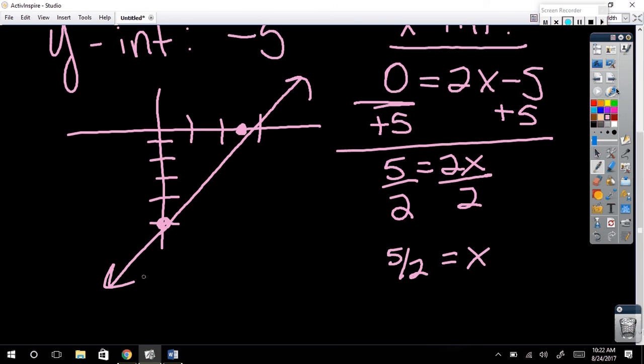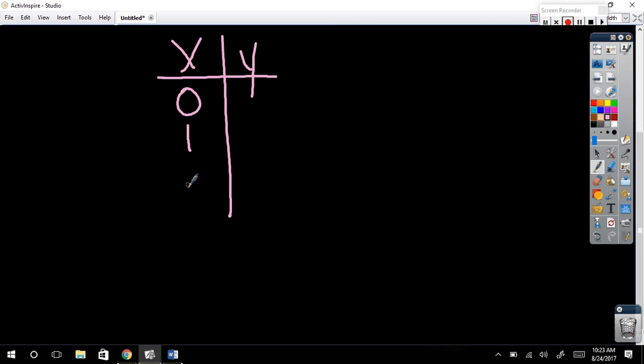Yes. Good. Okay, let's talk about if I gave you some other types of information. Yesterday we talked about finding the slope between 2 points, right? What if I gave you